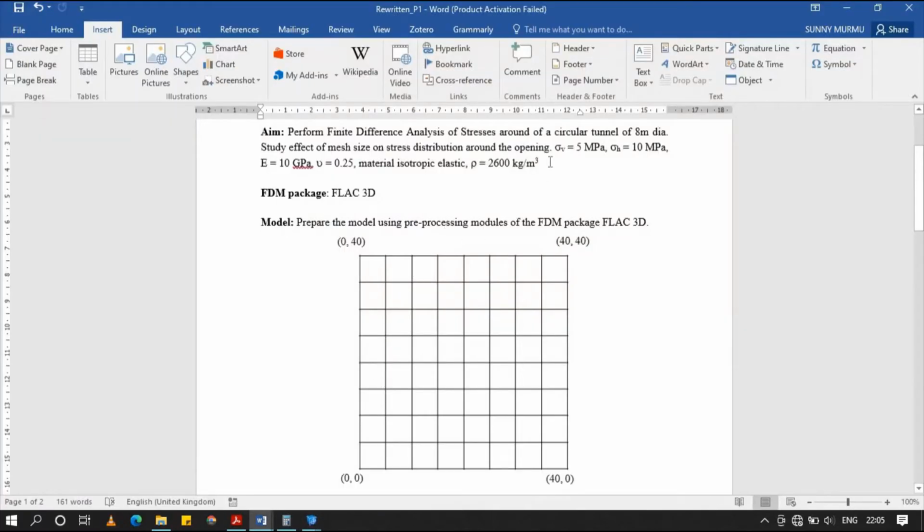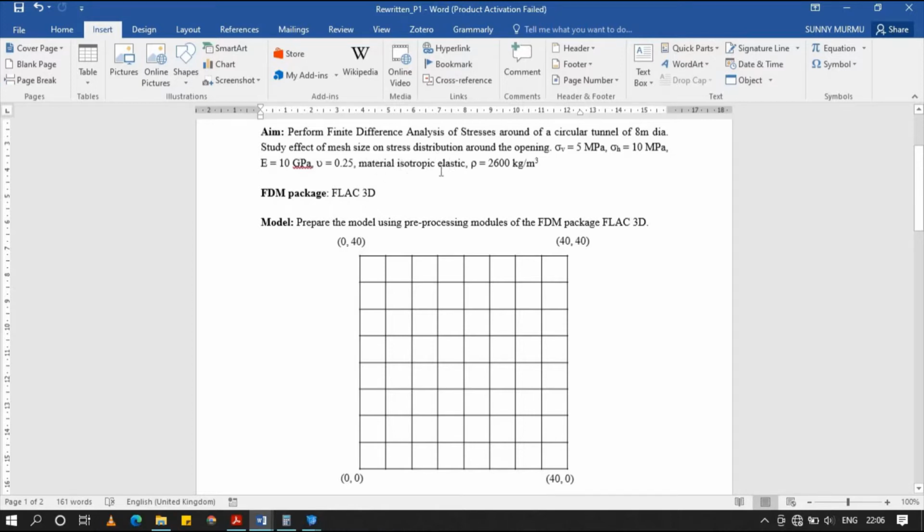Firstly, we see that a sigma v, vertical stress, of 5 MPa is applied on this domain boundary, and sigma h of 10 MPa is applied on this domain boundary, and this domain behaves as an isotropic elastic material.